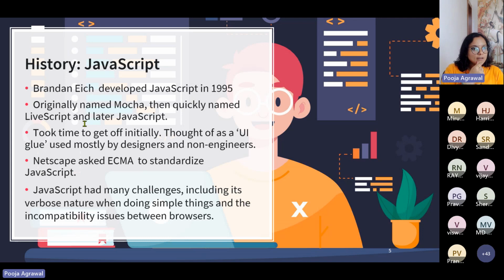It didn't perform well, and those who were developing in Java considered JavaScript more of a UI glue to be used mostly by designers and other non-engineers. But the reality that we see today is that this glue language allowed the internet to really flourish. Programmers could react better to user events and compose interactive components. Due to that, it spread like wildfire and very quickly became the lingua franca of the web.